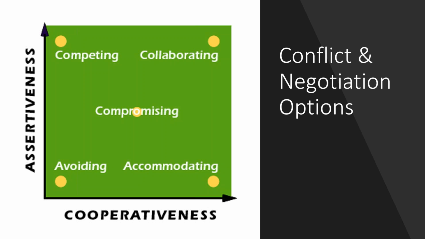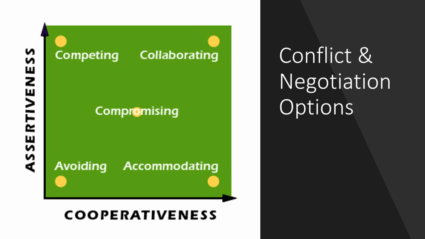So let's start up in the top. Well, first of all, have a look on the left-hand side. You've got the degree of assertion. So obviously lower down, the less assertive, and the higher up, the more assertive. And across the bottom, we have cooperativeness. That is working with and through other people in order to get what you want, and to do that in a cooperative fashion. So on the left-hand side, we have less cooperative behaviour, and on the right-hand side, we have more cooperative behaviour. So these are the 2 variables in any negotiation or any conflict.